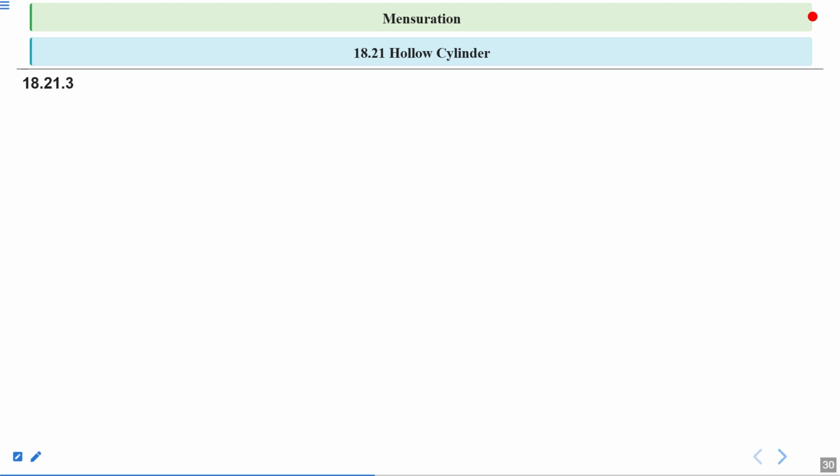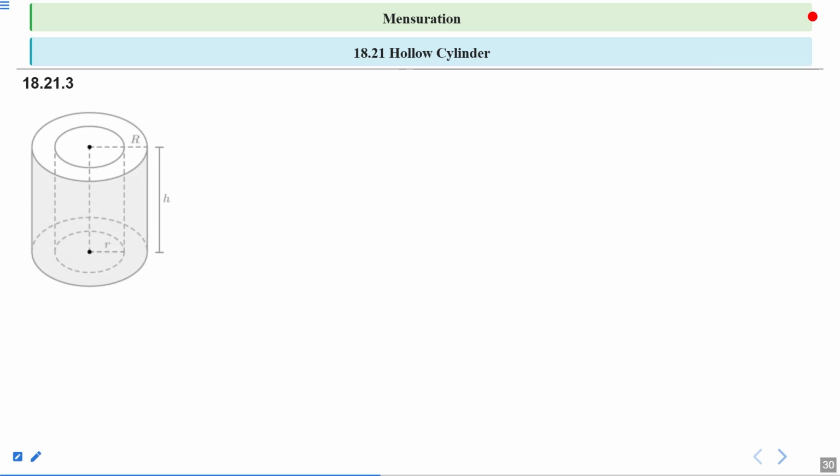Next one of the hollow cylinder formula. So this is the diagram, and the total surface area will become 2 pi in the bracket (small r plus capital R) multiplied by h plus (capital R minus small r). Then we get the total surface area of the hollow cylinder. Next one,